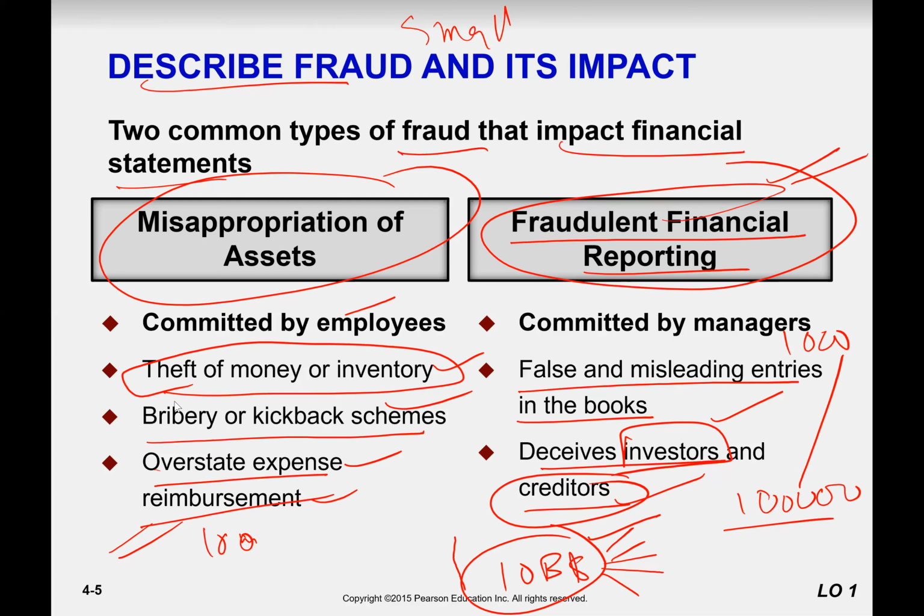You show fake reporting and you ask investors to buy my stocks, buy my shares, and you get huge money. A $1 billion, $2 billion, $10 billion loan. So now I ask again, which one is the dangerous fraud? The fraud that costs the company the most is the second one, financial reporting. Okay.